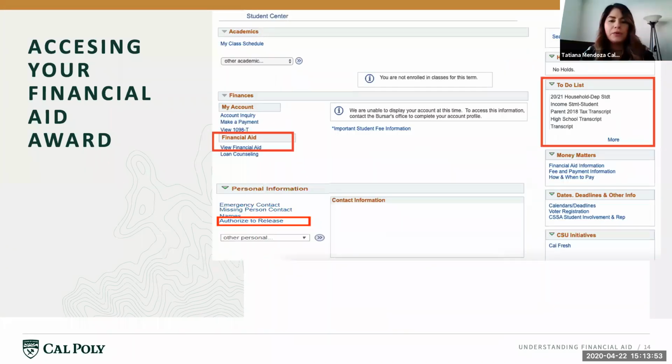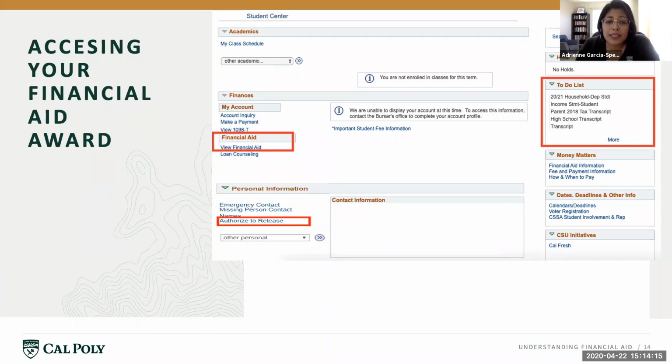Yeah, so on this page that we are seeing currently, I see that you have highlighted the authorized to release link. Can you explain that? Yeah, this is a really helpful link if a student wants to give access to their information to a parent or supporter. Student records are private and protected under a federal law called the Family Educational Rights and Privacy Act, or FERPA.